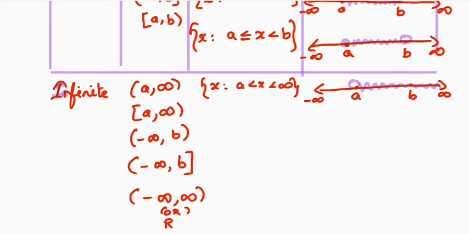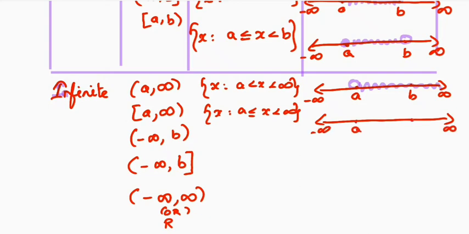So it is another infinite interval. So the next one we are moving to. What is here? What's the difference? Set of all real numbers x such that a less than or equal to x less than infinity. Okay, here on that diagram, how will you mark? It is minus infinity to plus infinity. Here I mark a and b. So here what's the difference? This a should be included. So filled circle has to be used. The set of all real numbers greater than a, including a also.